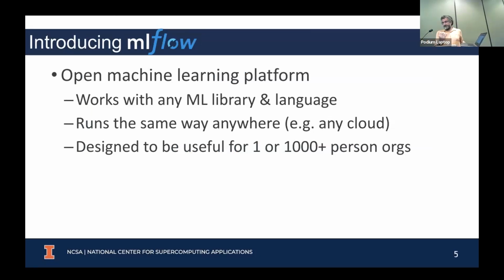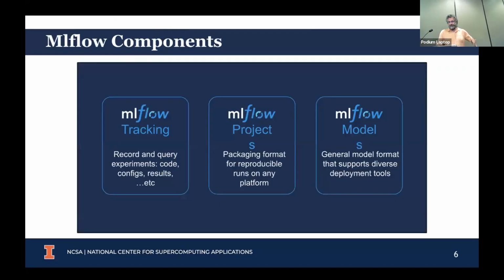First off, it's open source. One of the things I really like about it is it's incredibly lightweight. It doesn't require you to adopt some other workflow for your machine learning training. It doesn't require you to use specific libraries or specific packages. It's a very lightweight library that you bring into either Python or R. I think it might also support some other languages. It runs exactly the same way on your laptop up to an HPC. It can be useful for just your own personal use, but it's also set up to support a larger group. There are 3 big components to it.